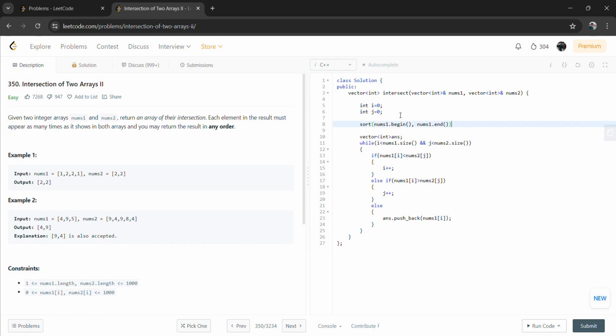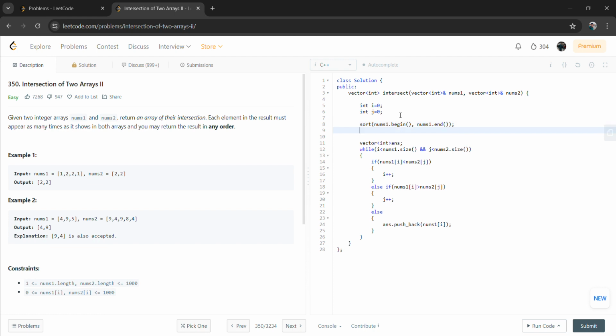After doing this, similarly we also do it for the second array, nums2 dot begin and nums2 dot end. Once we have sorted both these arrays, we are traversing in both arrays,